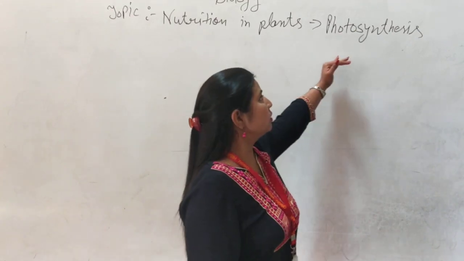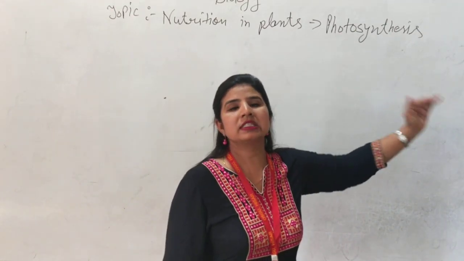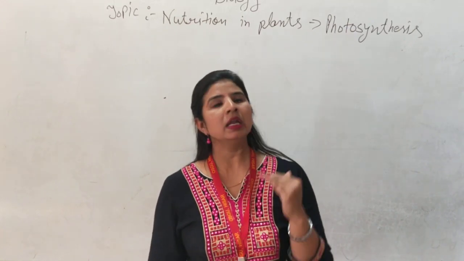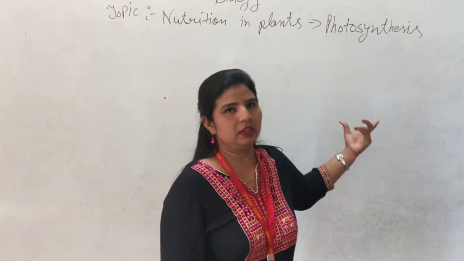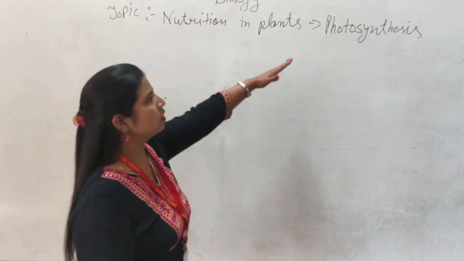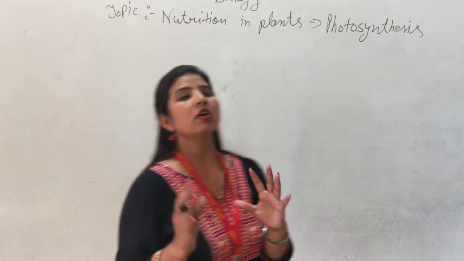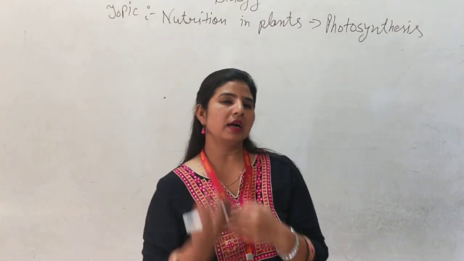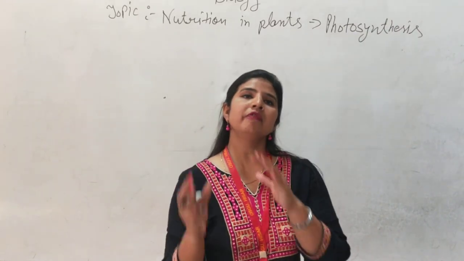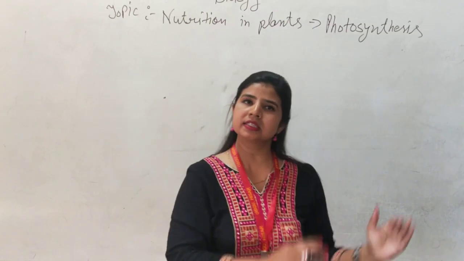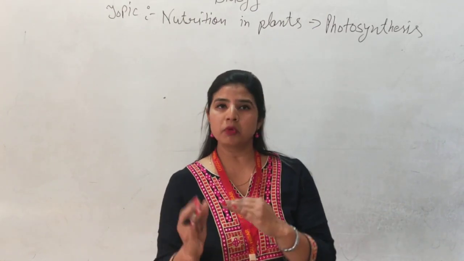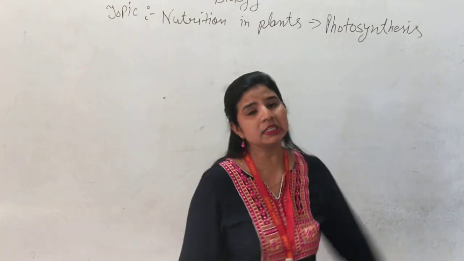So today we are going to discuss the photosynthesis process deeply, and this topic comes in smaller classes also, and this is basically for class 10. Here you can understand that in the photosynthesis process, inorganic substances come together and turn into an organic compound. How? First of all we will understand what inorganic substances are and how they are converted into organic components with the help of the photosynthesis process.